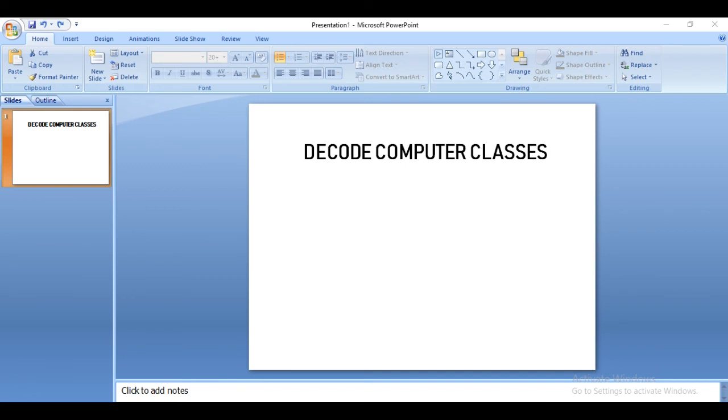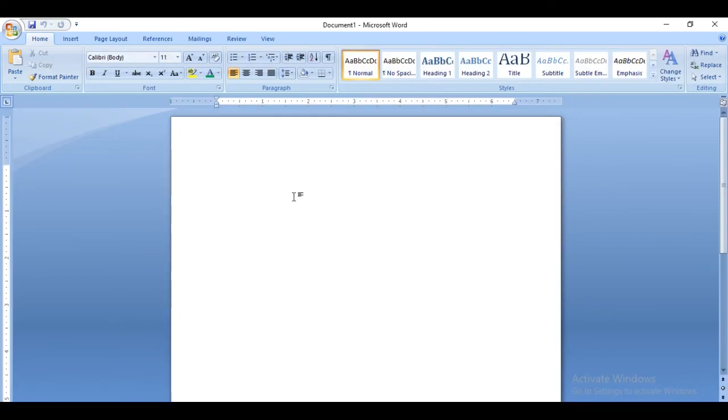For that we need to open a Microsoft Word file like this. We have a Microsoft Word file here and we have to start from the View tab.